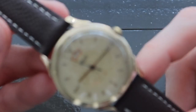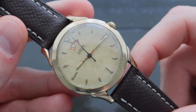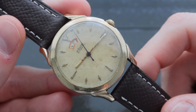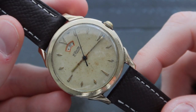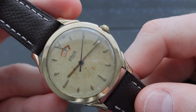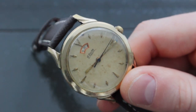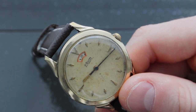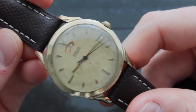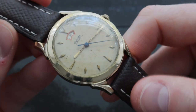The dial has faded from what was likely white or a cream color when it was originally produced in 1957 to a darker golden cream color, which, as you can see, does have some patina spots on the watch. If you grab the loupe to take a look at the movements of some of these pieces,